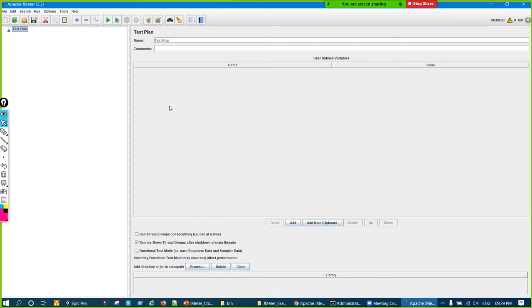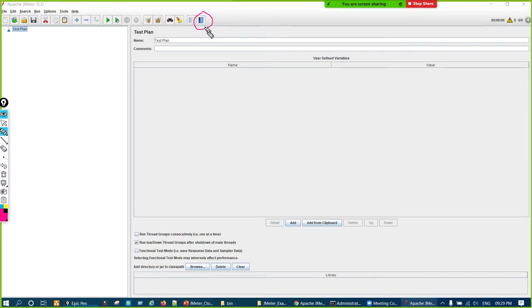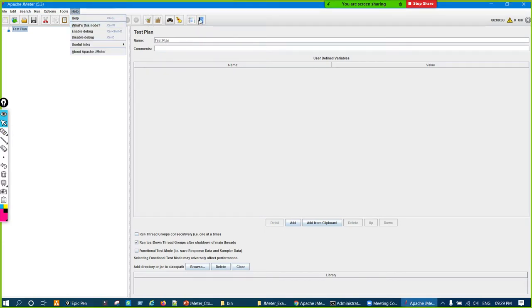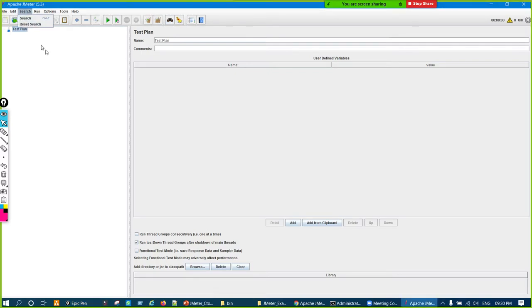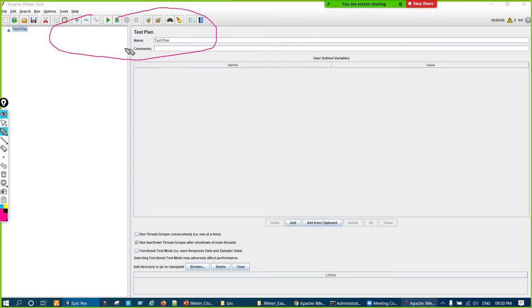Okay, then the last one is the Help button. So the shortcut of Help is kept over here, right? So all are shortcuts, like Search, Reset Search. So here Search, Reset Search is there, right? Simply this Function Helper dialog box, it's there in Tools, here Tools and Function Helper Dialog. So again its shortcut is kept. So all these are shortcut icons, like JMeter people thought okay they are important, so they have made a shortcut over here, but they are all present in the first toolbar. Okay, Tools. Now coming back to the left hand side, you'll see something.